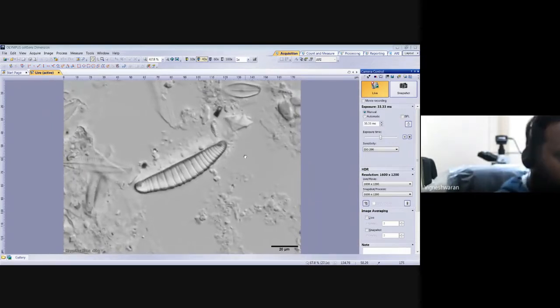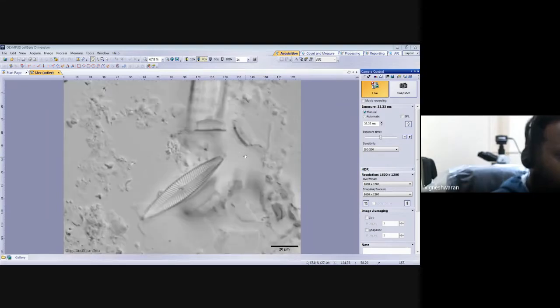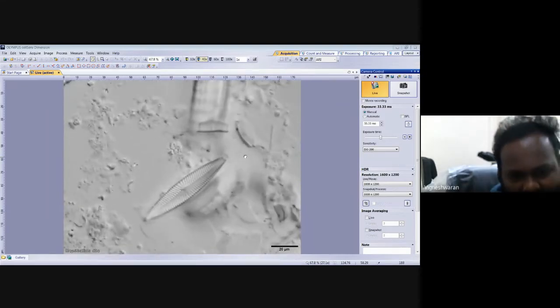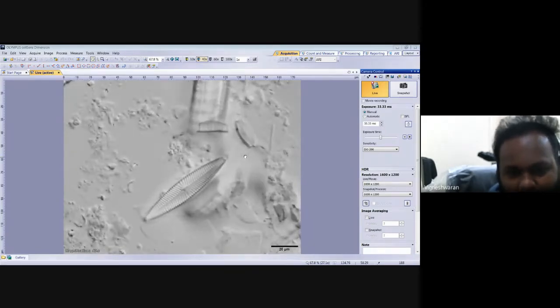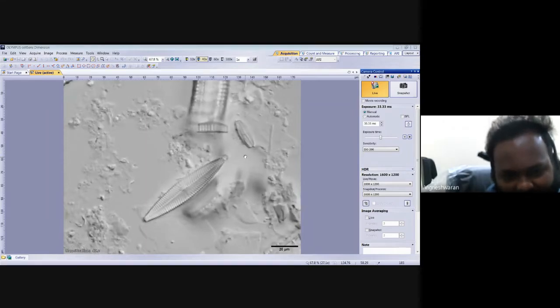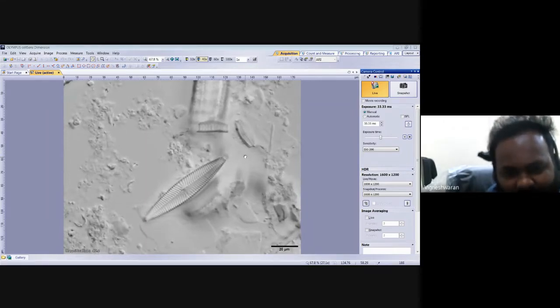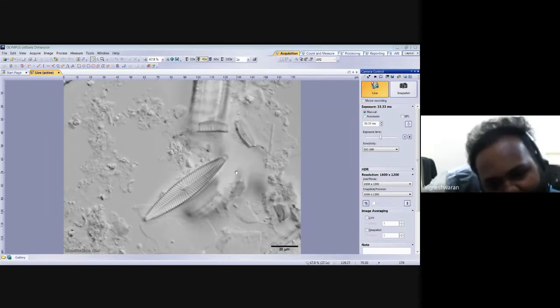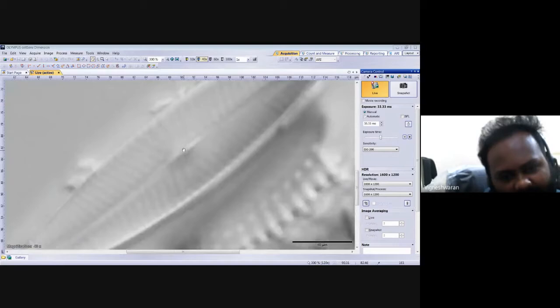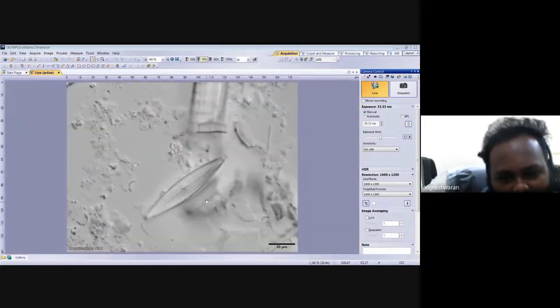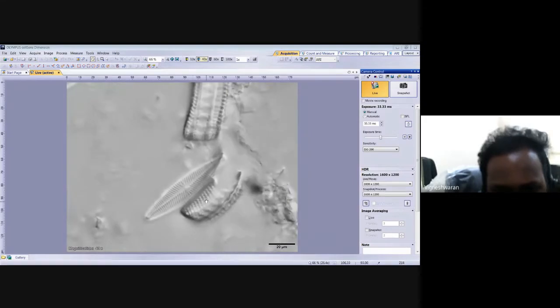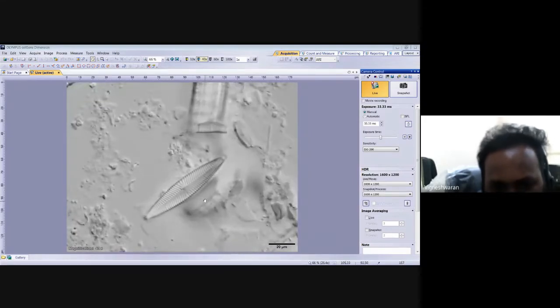We will go to the next one. See, as I told, this is a symmetrical biraphid diatom. If you see, the middle raphe is there, and striae. If you cut this diatom vertically and horizontally, we will get equal pieces. Here in the middle, this is the raphe and this is the striae. We can even focus on the back side of the valve also. I will say how.